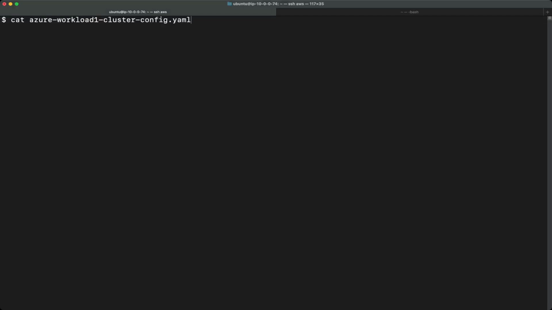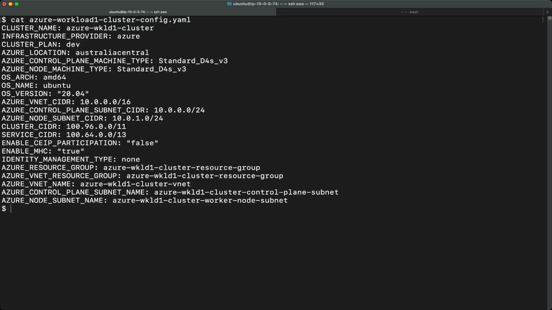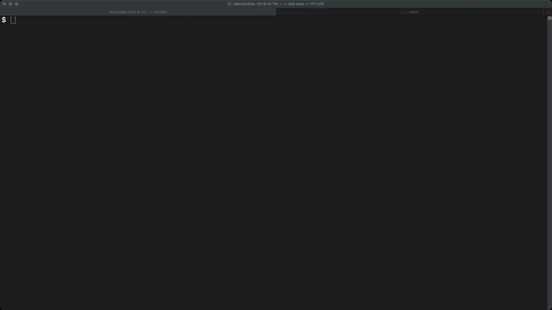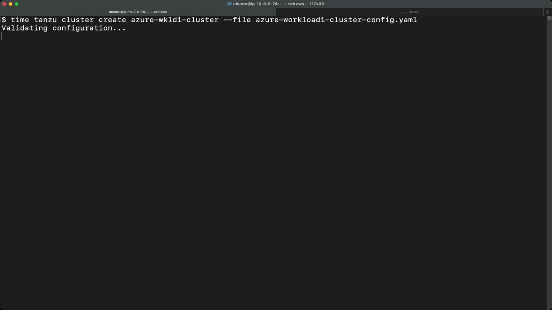It is similar to the management cluster config, with very small differences in terms of configuration. I'm just going to go ahead and create it. Let me run this command. This is going to take a few moments, so I'm going to pause it and unpause it when it's done.